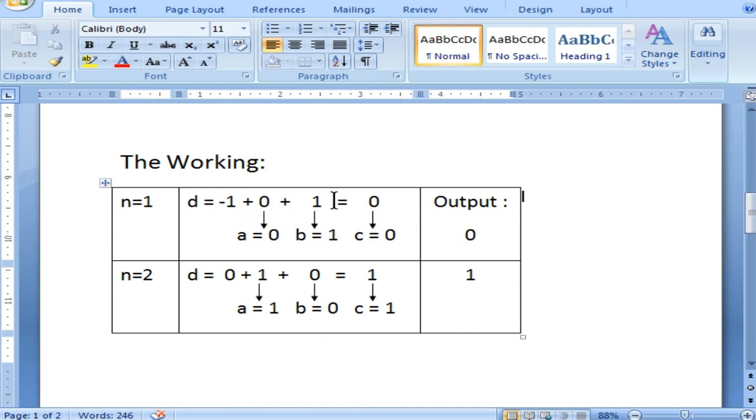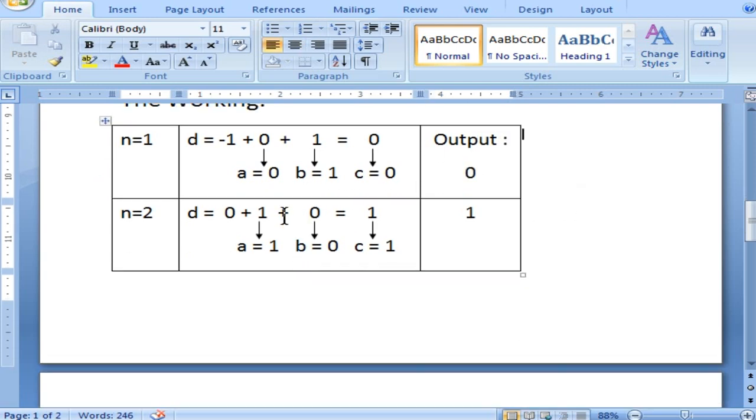Now first term n equal to 1, d equal to a plus b plus c. So these are the values stored in a, b and c. So -1 plus 0 plus 1 will become 0. That is the output, the first term you are going to get. Now as we did in the Fibonacci series, you are going to replace the values of a, b and c with the previous terms. Okay. So here you can see b value is being stored in a, c value is stored in b, and d value is stored in c.